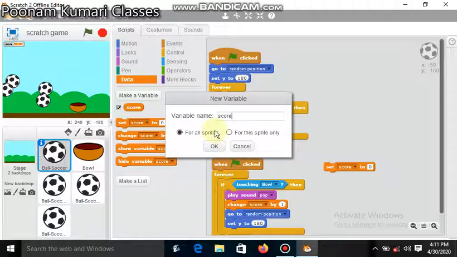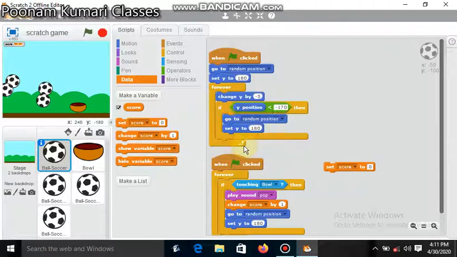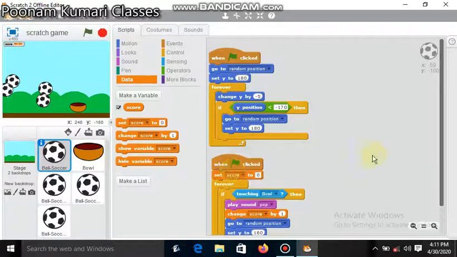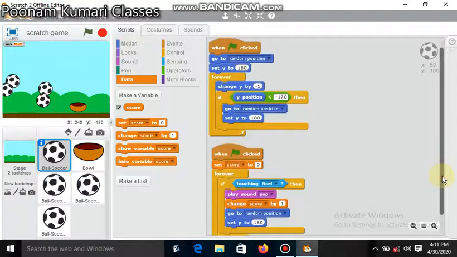You have to select for all sprites and click OK. I have already inserted it, so I will not insert it again. After creating this variable, you will click OK and all this will come. Then here you have to select set score to 0 and insert it here. And the other one is change score by 1. Here it is available, change score by 1. You have to put it before play sound pop.